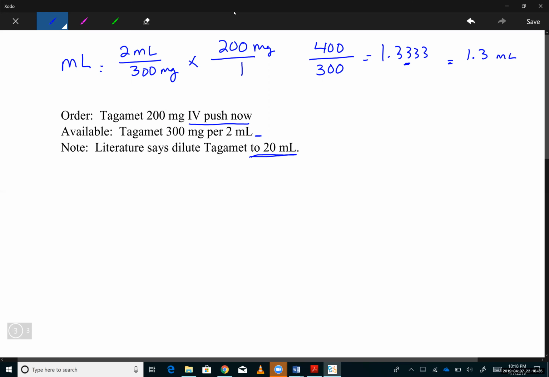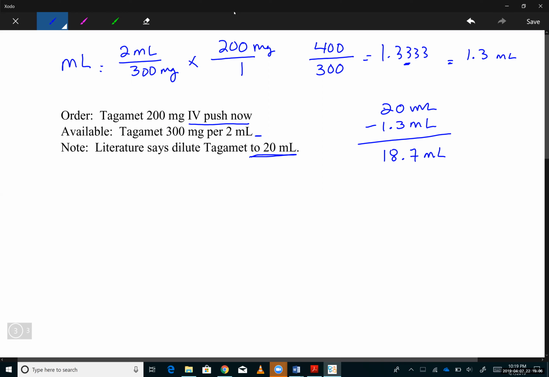Now we know that the total is supposed to be 20 milliliters. So we need to subtract the 1.3 milliliters, that is the medication, and that will tell us how much diluent that we need to add, and that is 18.7 milliliters. So on the answer line, you would be writing, depending on what it's asking you, it might ask